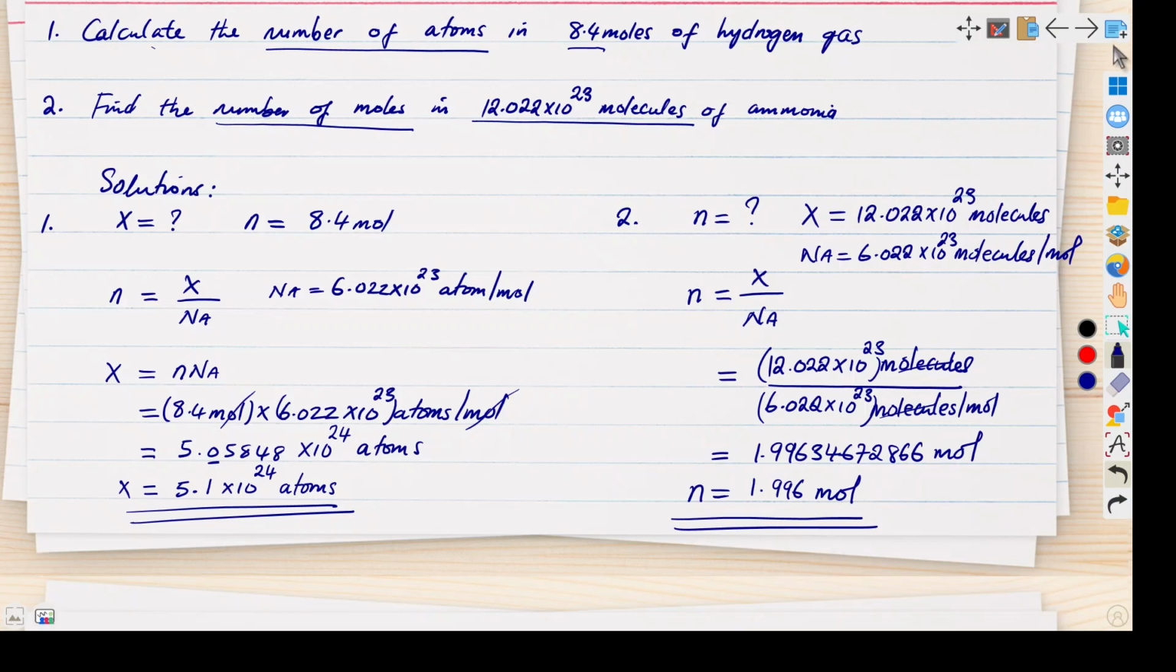Now, let me go to the next part of this mole concept. The next part we are going to look at is what we call relative formula mass, which is represented by RFM. So you need first of all to define this one. So what is relative formula mass? You can say relative formula mass